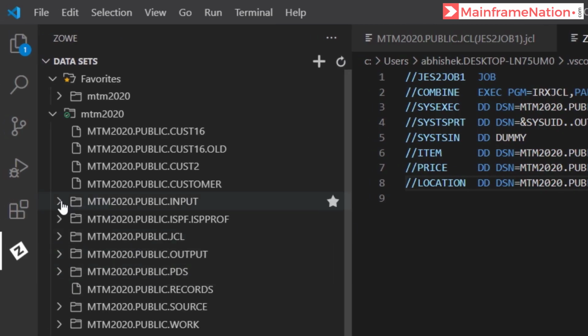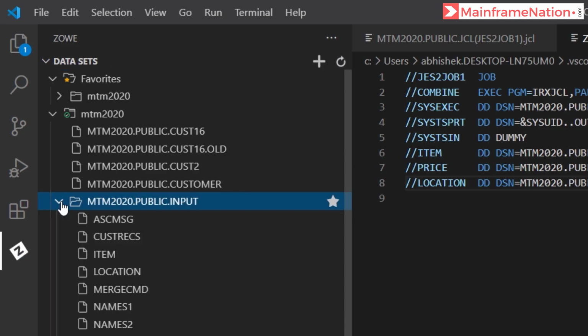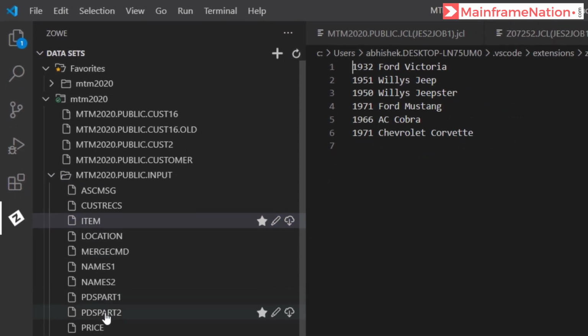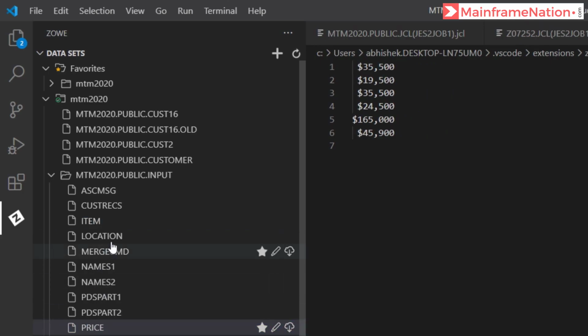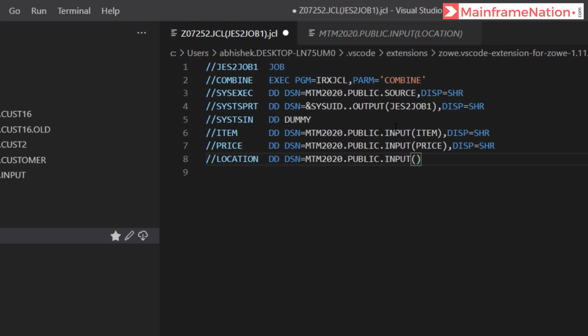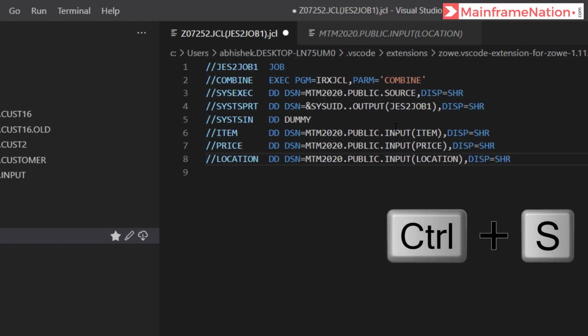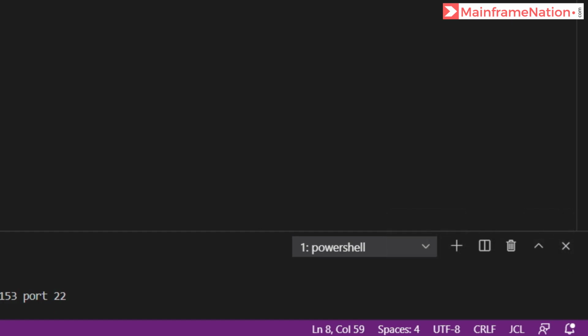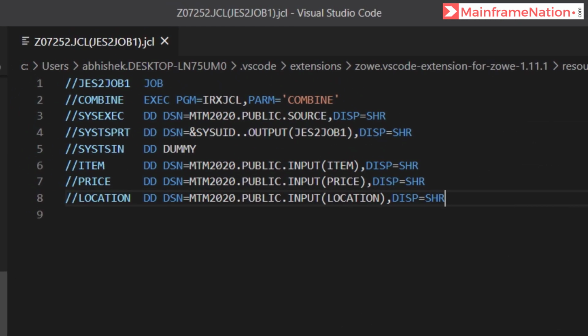So here is public.input. When I expand it, you will see this is item, this is price, and this is the third dataset location. So I have to give here location. This is equal to share. Make sure you save it by giving Ctrl S. Dataset uploaded successfully.